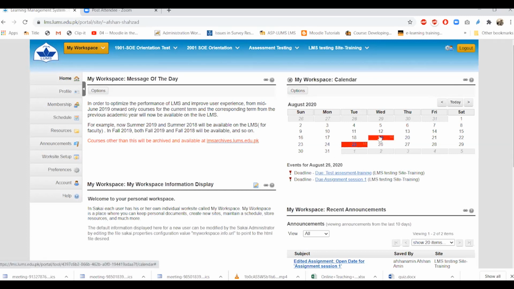If I click on this red space, it will show the deadlines. Now it is showing the due assignment, session number 1, which is the course site name that I'm enrolled in.